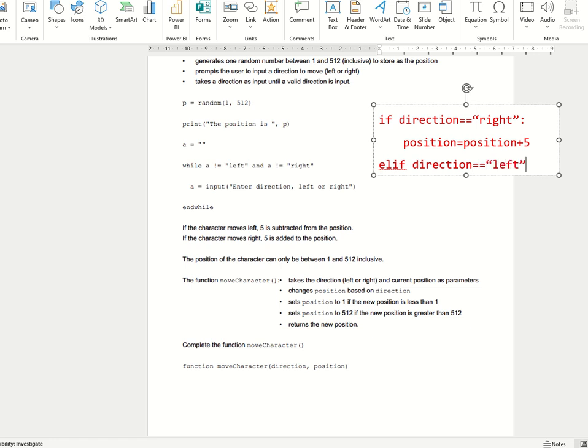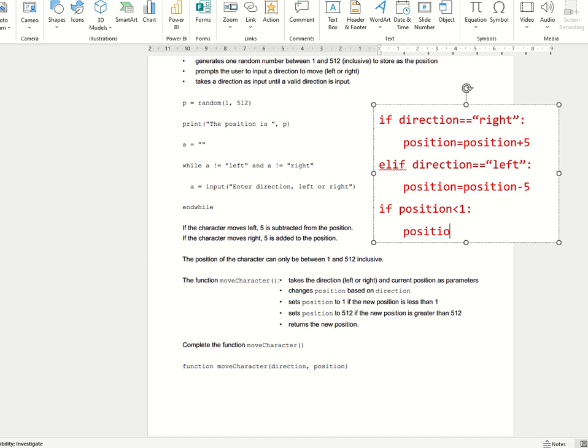left colon position is equal to position minus 5. Now we've got the new position. Now we need to check if it's less than 1. If position is less than 1, then position becomes 1. Else if, again, position is greater than 512,